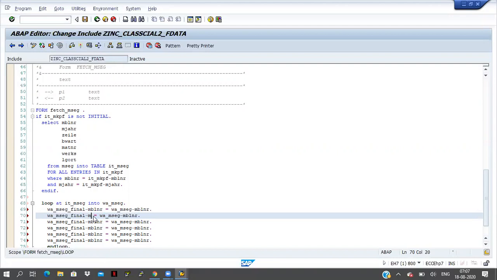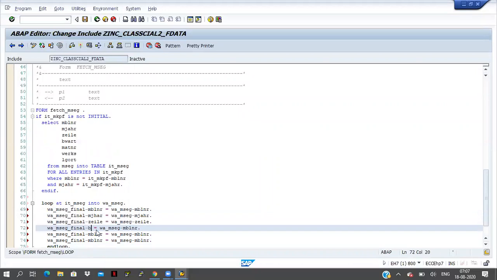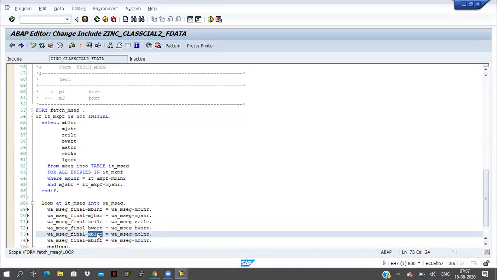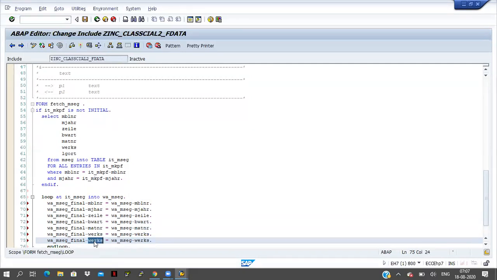MJAHR, and here also MJAHR, and here LGORT, and here also LGORT, and here BWART, and here also BWART, here MATNR, and here also MATNR, and WERKS, and here also WERKS, and this is LGORT, and here also LGORT.